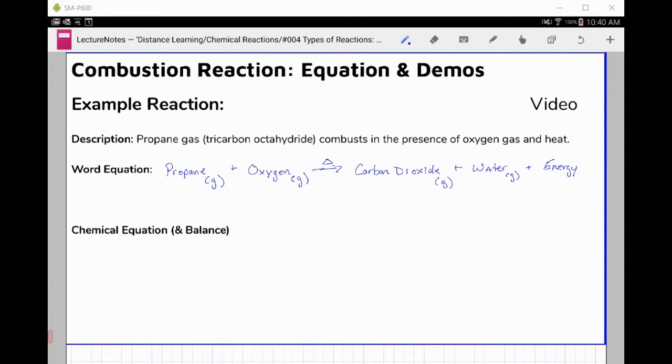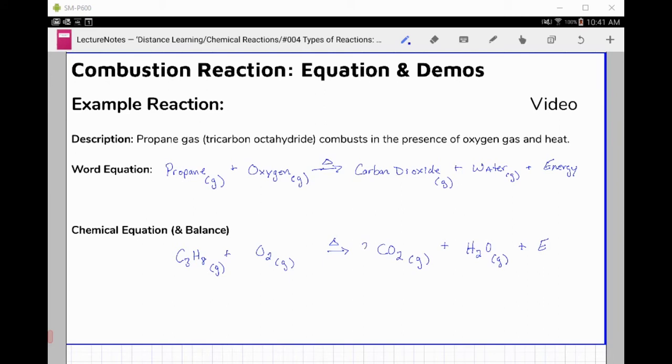Turning this into a chemical equation, we have C3H8 for tricarbon octahydride. We have oxygen gas, our diatomic molecule, forms carbon dioxide, water vapor, and releases energy. Balancing this out, I see that there's 3 carbons on the left and only 1 on the right,